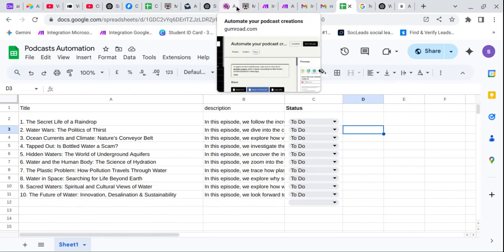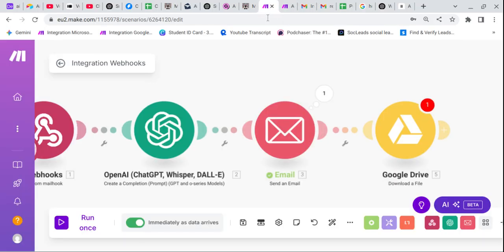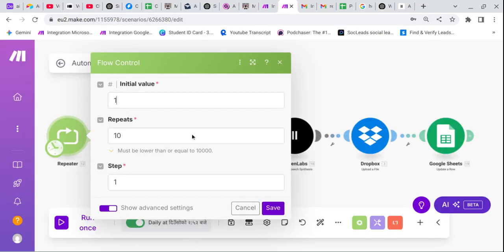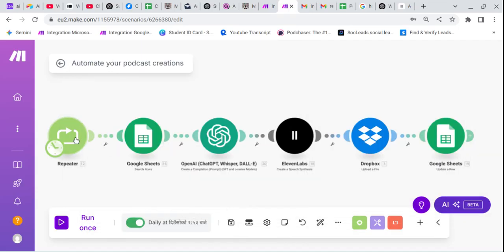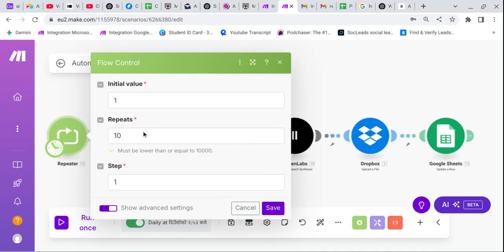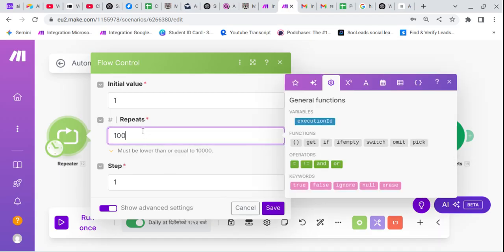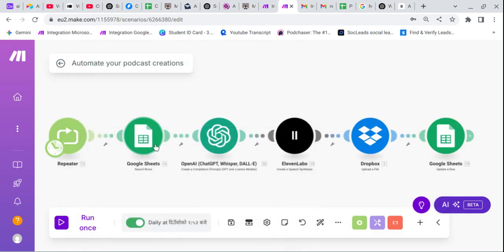If you want to generate 100 podcasts, you can simply add 100, so it can generate 100 podcasts for you, and just save it. Just hit 100 so it can repeat 100 times. I have only 10 podcasts in my list, so I simply save it as 10, and then it can skip the Google